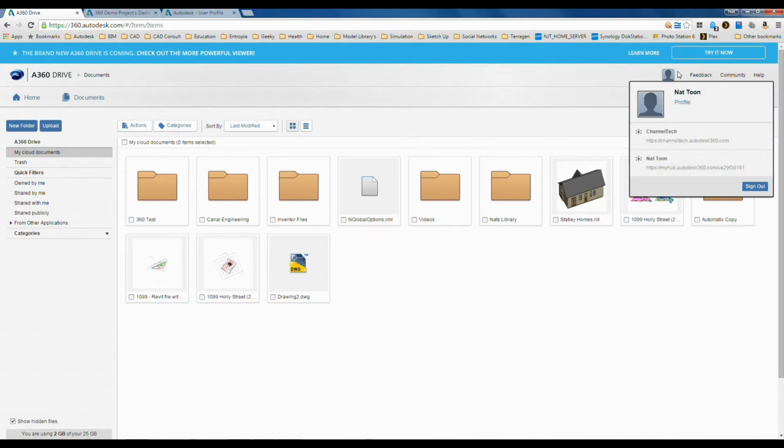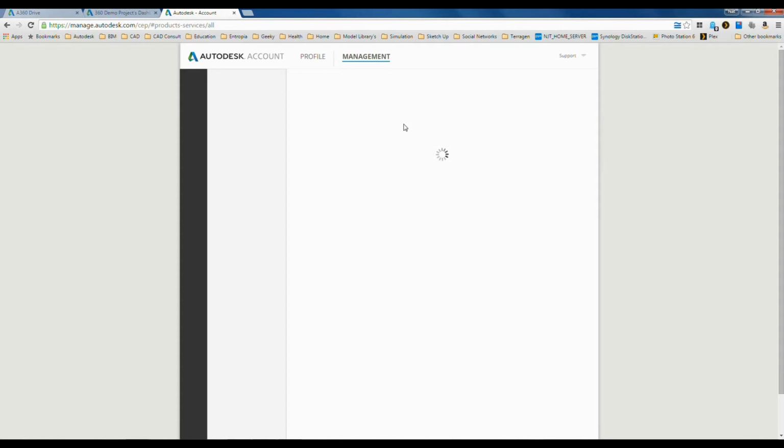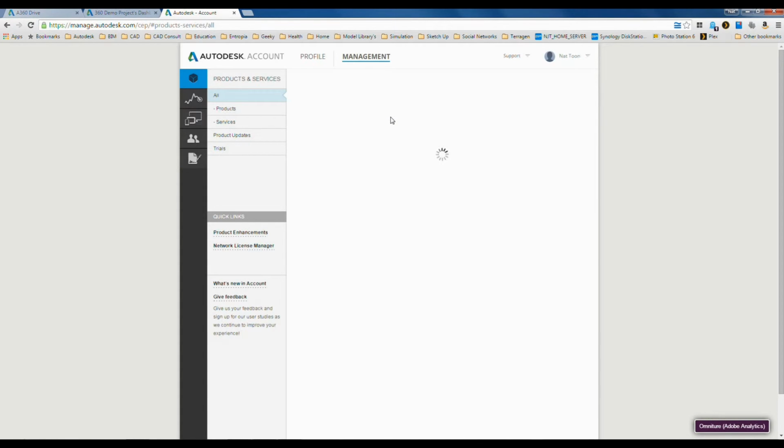All you have to do on your little symbol over there, hit profile. That brings you to your profile page, and on your profile page, this is where I can go into the management of my account, so my Autodesk account. So if you have a free account that you've signed up for, you're not really going to get much here in your management side. Whereas if you are, like I said earlier, linked to your work contract, so your serial number for your software,